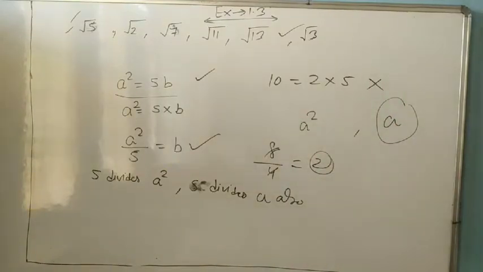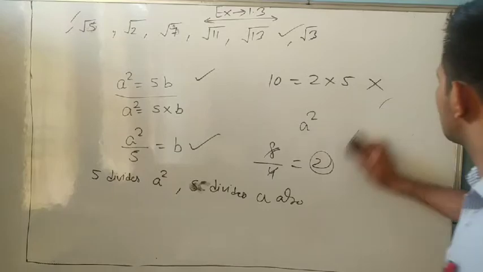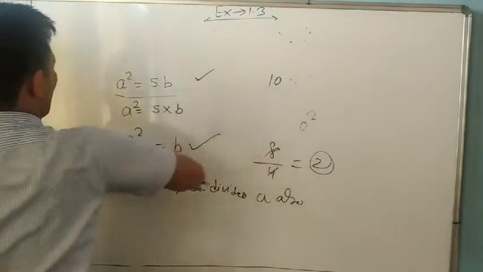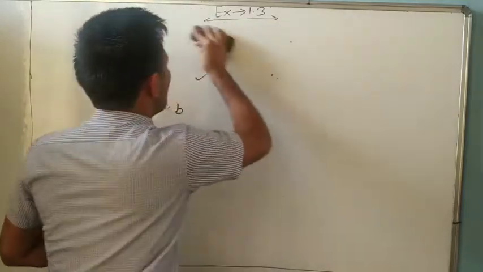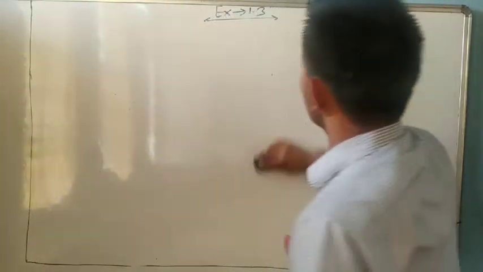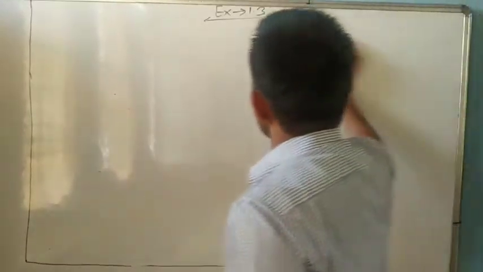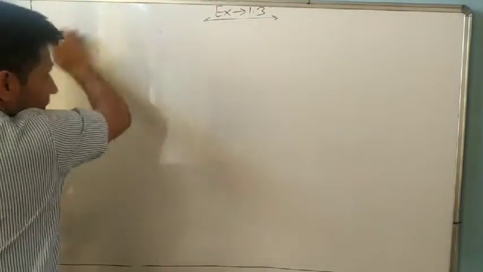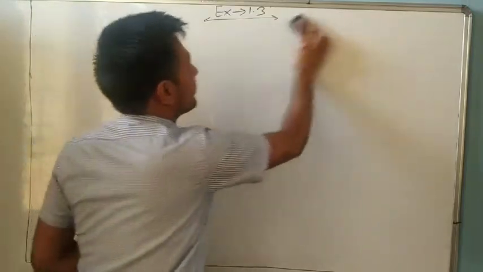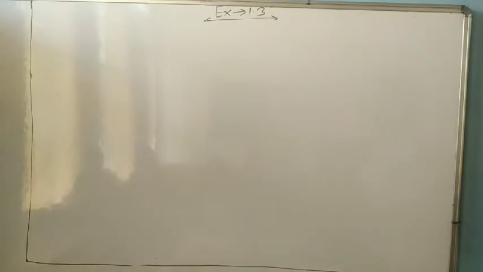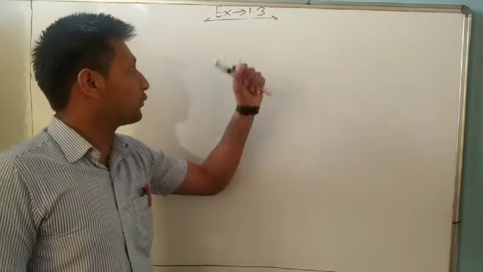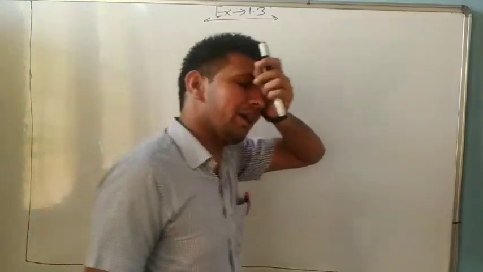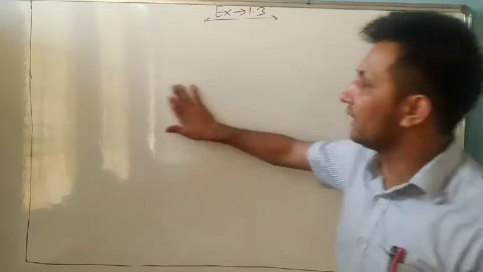Now we will do question number 2. Question number 2 and 3 are the same. Only one question I will explain, and the rest you do yourself. If you understand one part, you can solve yourself. So look, dear, whenever in the exam it comes, prove that root 2, root 3, root 5, root 7, root 11, root 13 is irrational, we will prove it like an example which we already discussed in the last class.